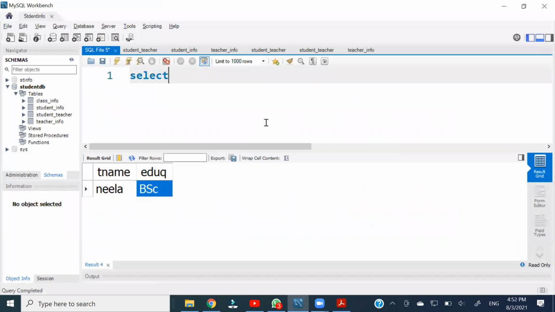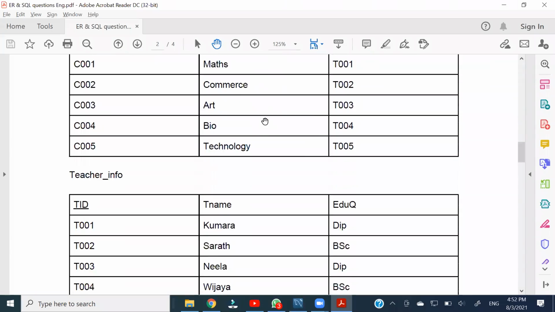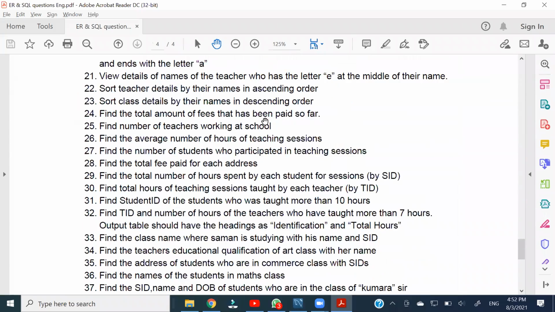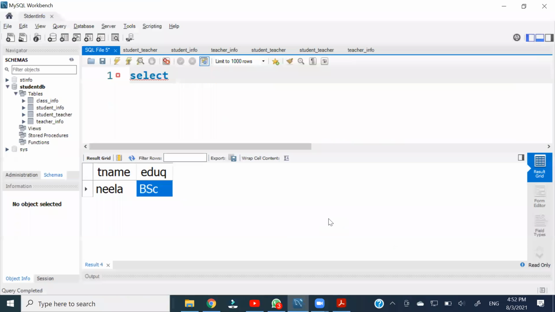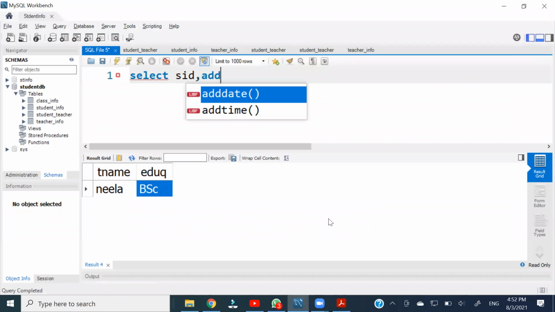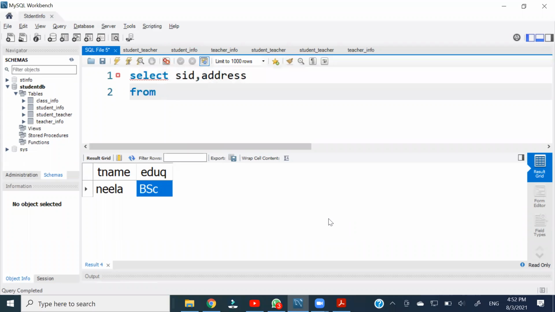So here we say select, and what do we need to choose? I just forgot that. Is it the S name and the address? SID and the address. Address and the SID. So I say SID, comma, address from